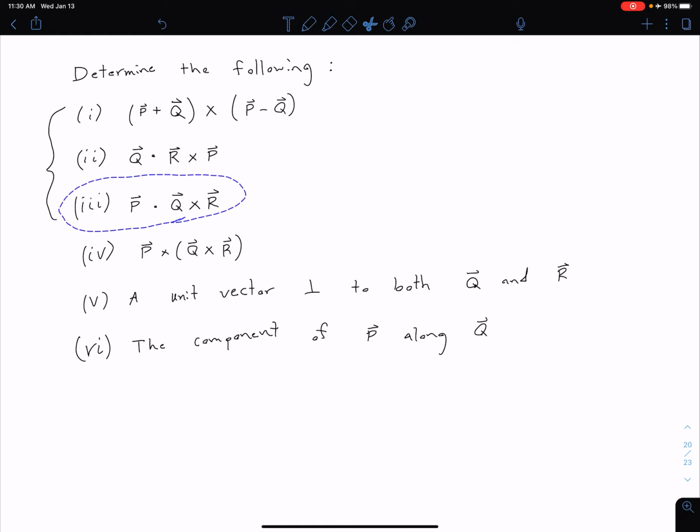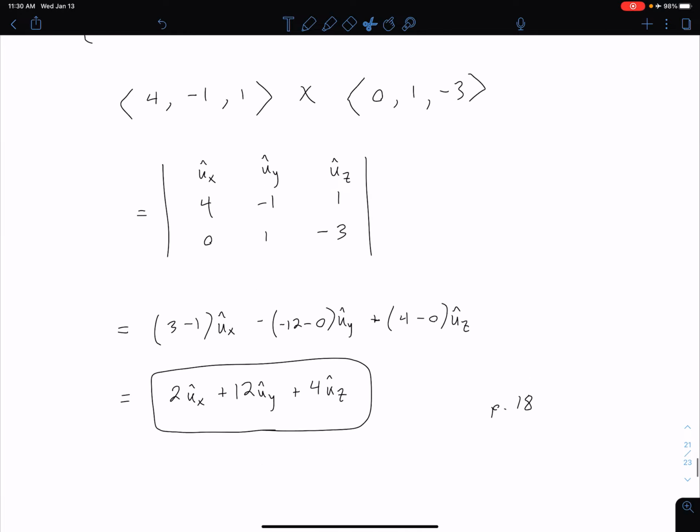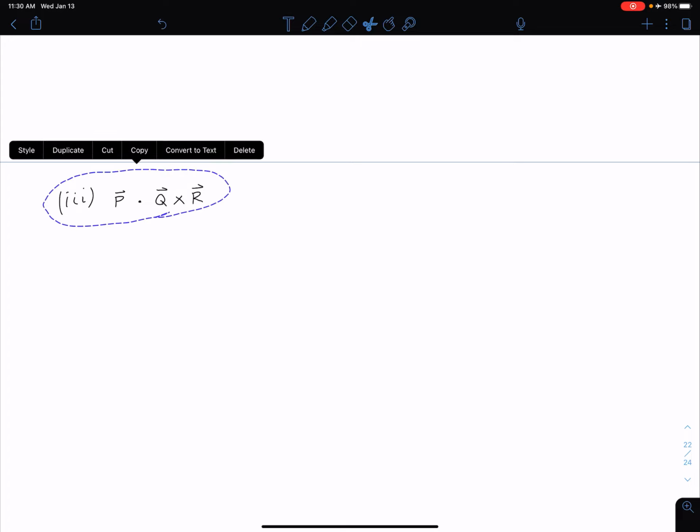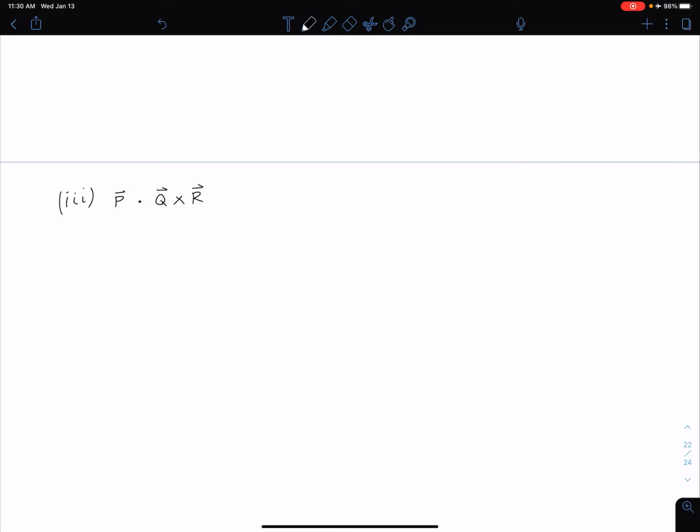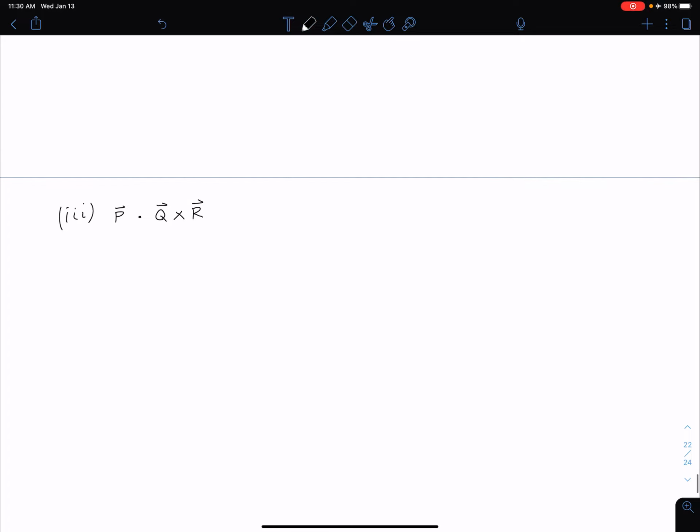So for part 3, we see we want to have P dot Q cross R. So let's go to a new page here. Okay, so this looks really similar to what we just did. So we could ask ourselves again, well, what operation do we need to do first, our dot product or a cross product? And from the same reasoning, of course, we can say we need to do that cross product first. But before we do any work,